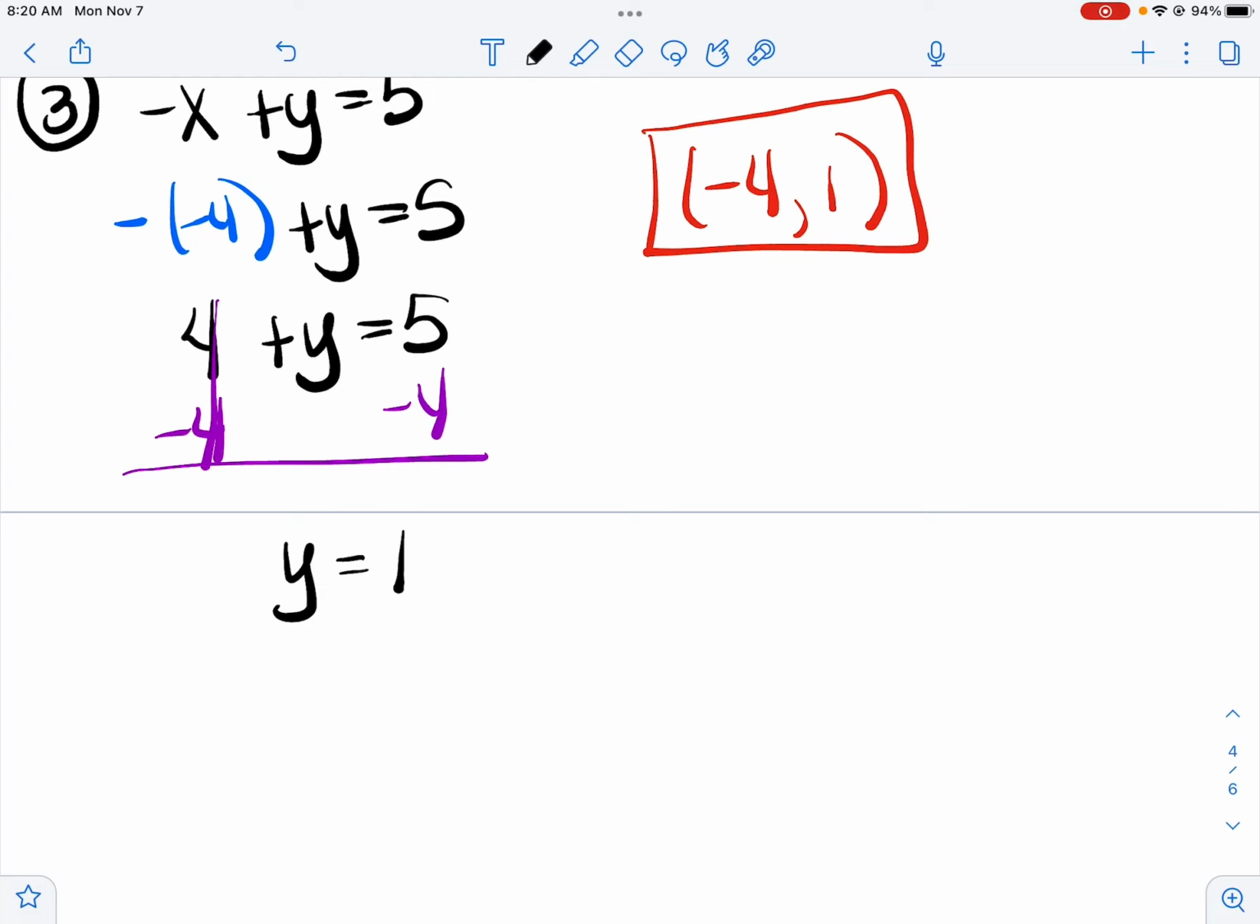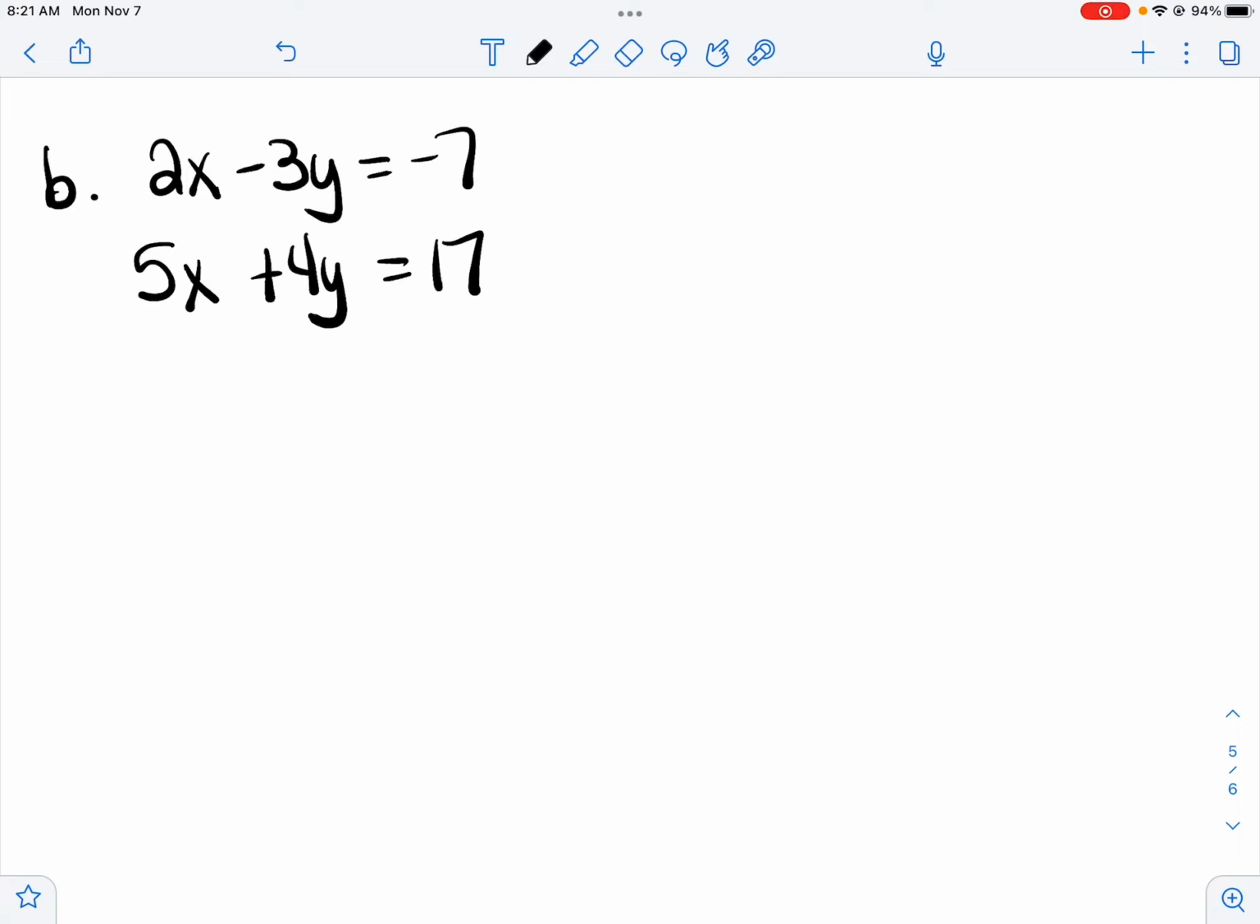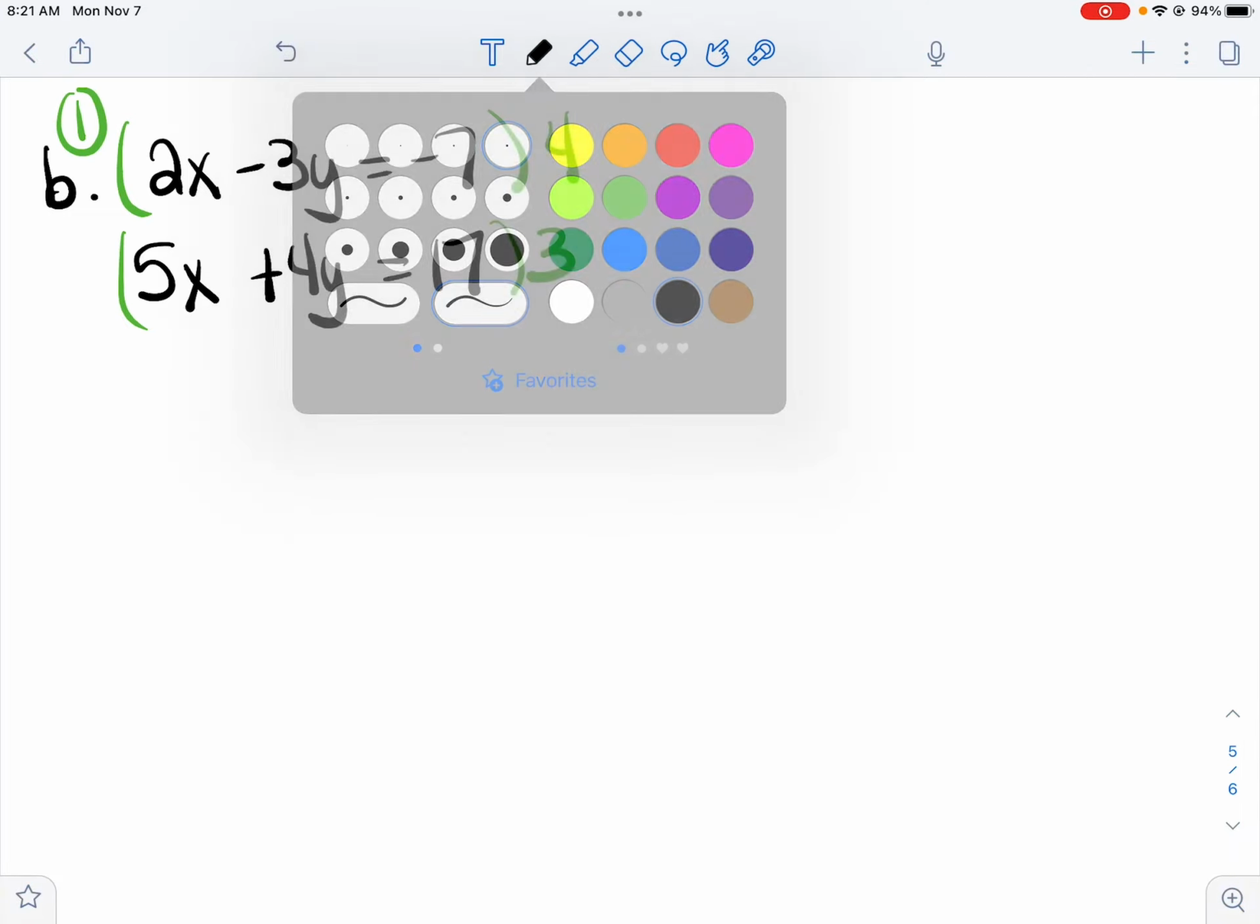So let's look at part B. Notice that part B does not have a variable that has a coefficient of 1. We have 2x minus 3y equals -7 and 5x plus 4y equals 17. I want to eliminate one of my variables. This is our other method. Now, typically I choose a variable that has a plus in front of the variable in one equation and a minus in front of the variable in the other equation. And so I'm going to look at the y's. If I multiply the top equation by 4 and the bottom equation by 3,